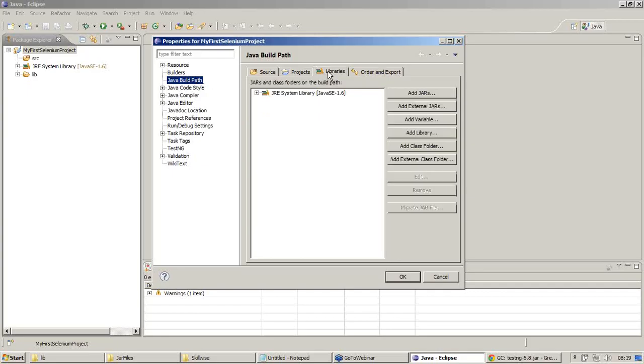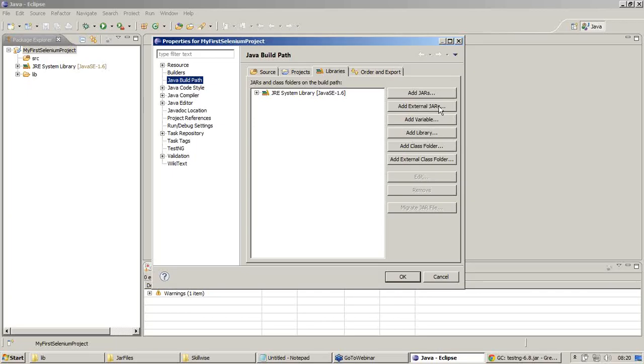I'm clicking on the libraries tab in Java build path. There are other libraries which are already configured, as I said, clearly visible in the package explorer also. I don't want to care about them because these will be referred by Java internally and used for execution purposes.